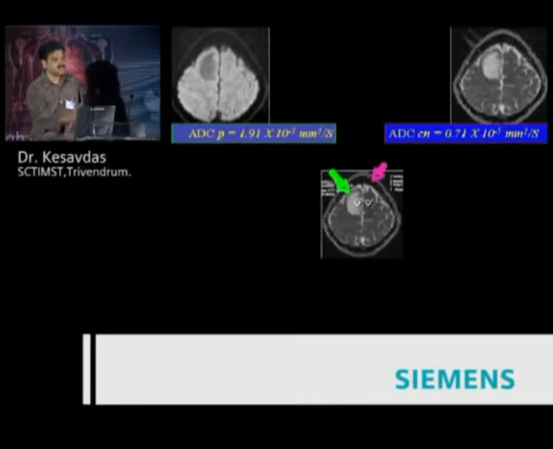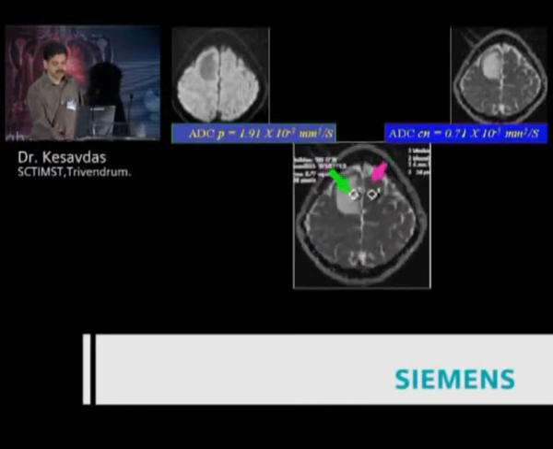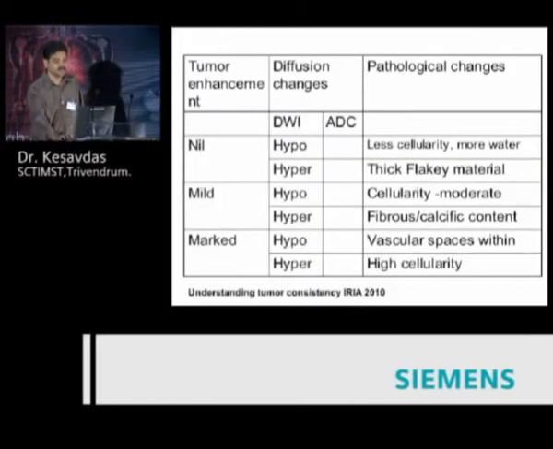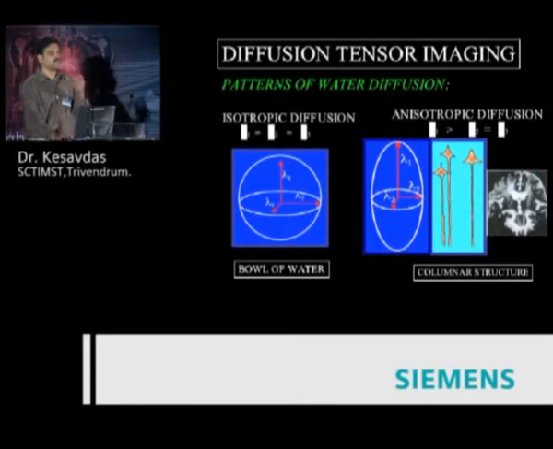Low cellularity lesions like a DNET will produce a very high ADC of 2 or more. Sometimes here it is 1.91, so a large amount of diffusivity is there. So if you look at the contrast and the ADC values, it will give some information about the texture of the lesion and the microenvironment of the tumor. Diffusion tensor imaging, other than the ADC, you are looking at another parameter. I'm not going into the physics of it. Another parameter, and that parameter is very important.